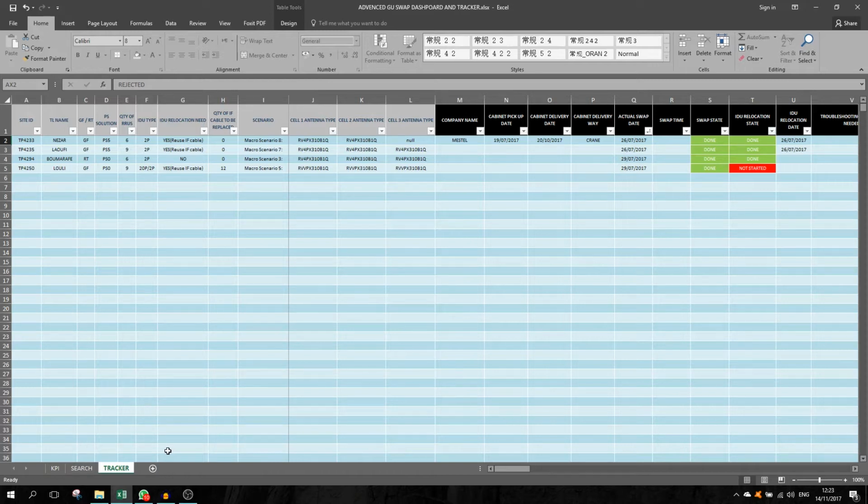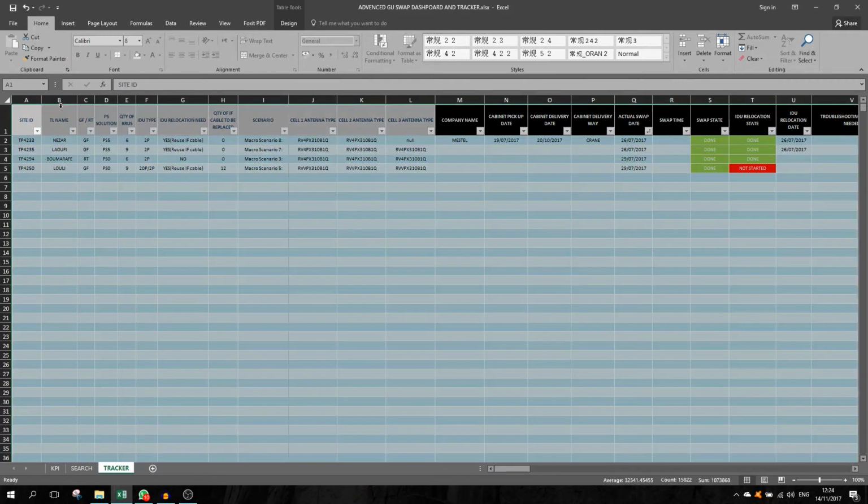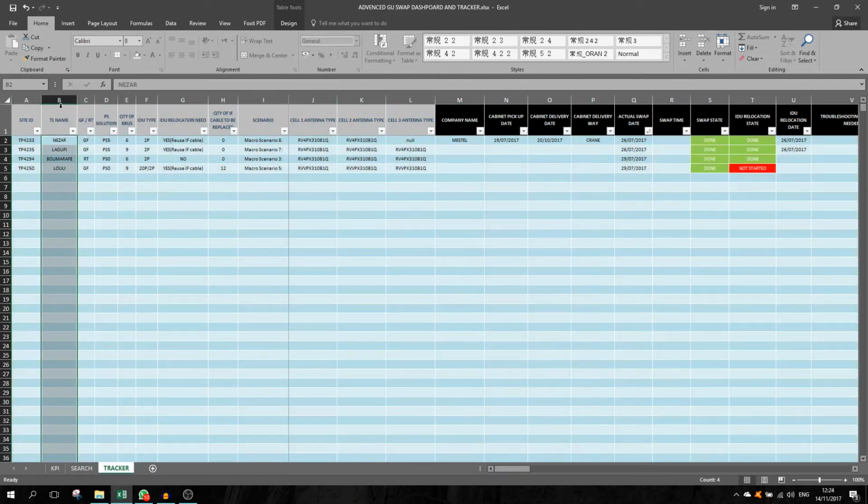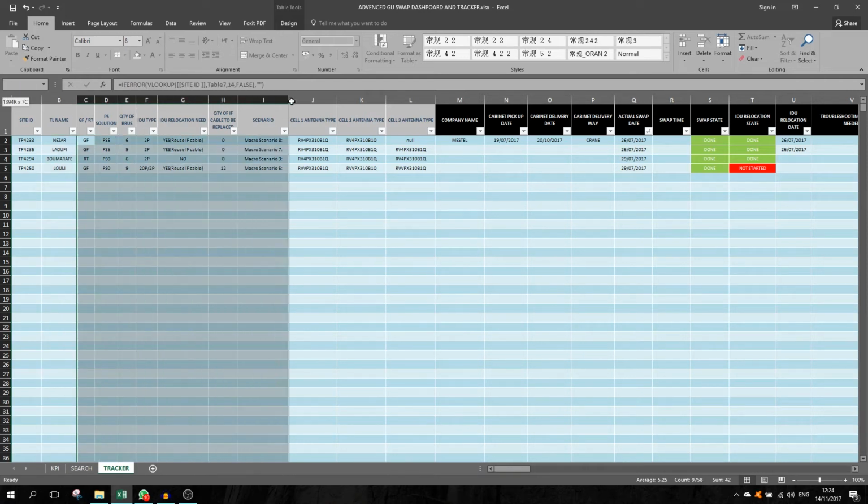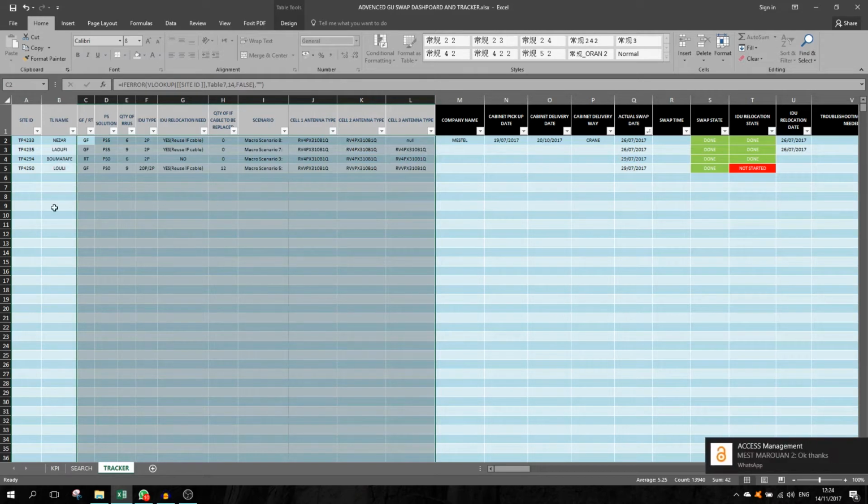This file is very simple and basic. All what we have to do is to record some inputs. Let's start from the beginning. Here we have the site ID. Here we have the team leader name that will handle the swap. All this information will be recorded automatically after recording the site ID. For example, let's see,